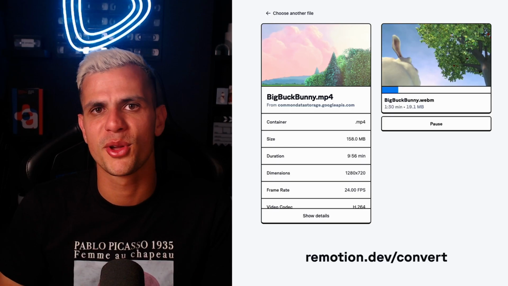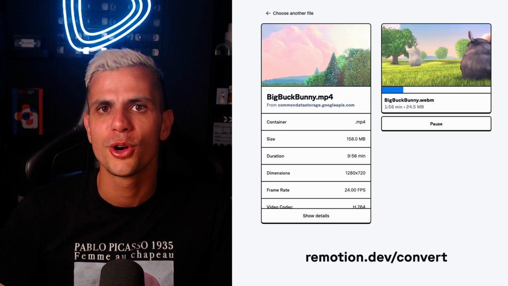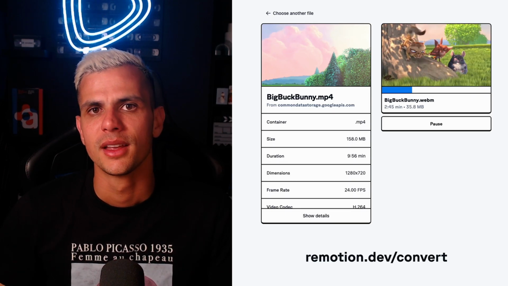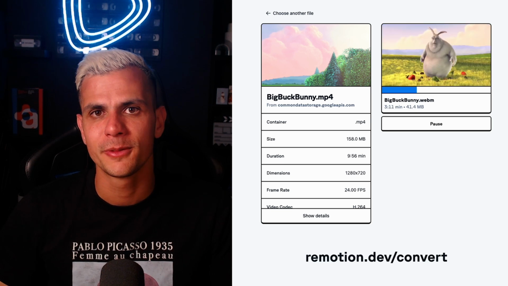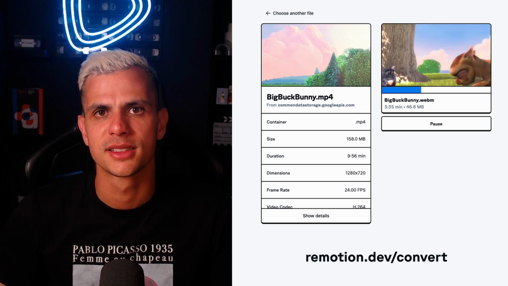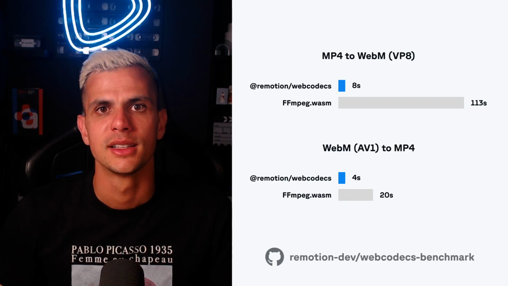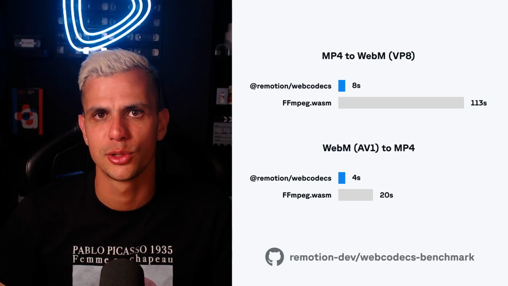With Remotion Media Parser, we built the first client-side web codecs-based MP4 to WebM converter. The result? By taking advantage of the hardware acceleration of web codecs, the conversion becomes 3 to 15 times faster than with a WebAssembly-based solution.